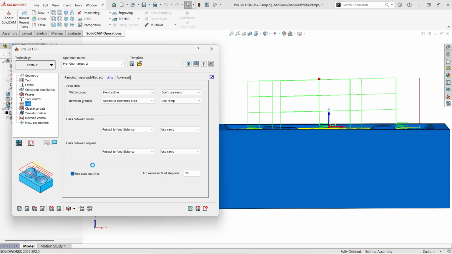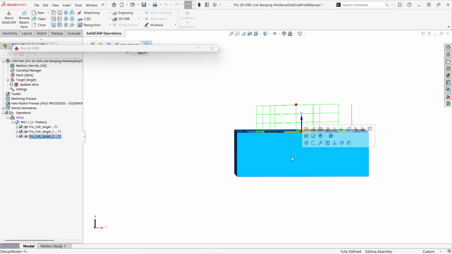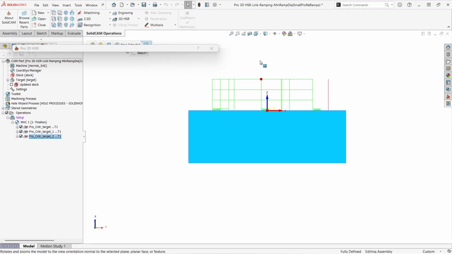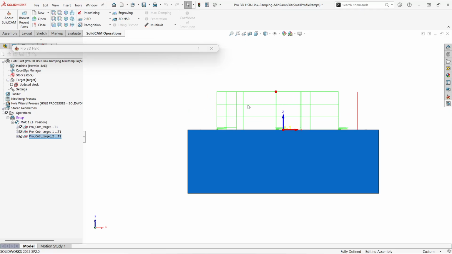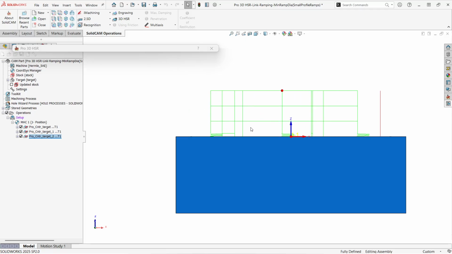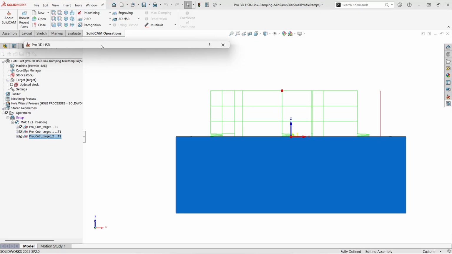Okay, so now you can see three toolpaths, right? And three toolpaths between the group links are at a different level based on the settings we defined in the